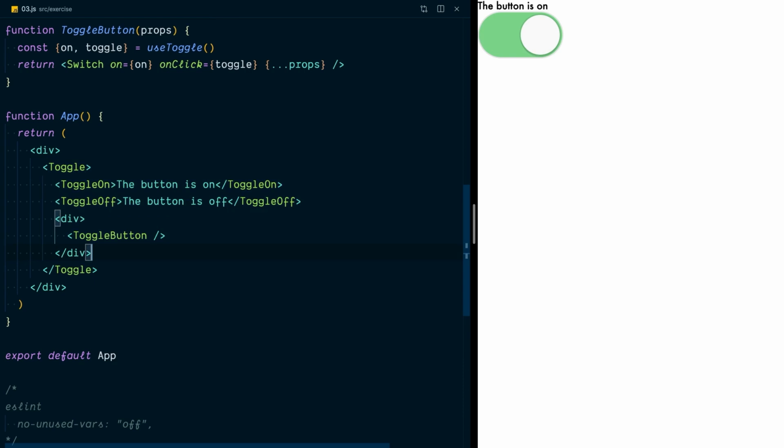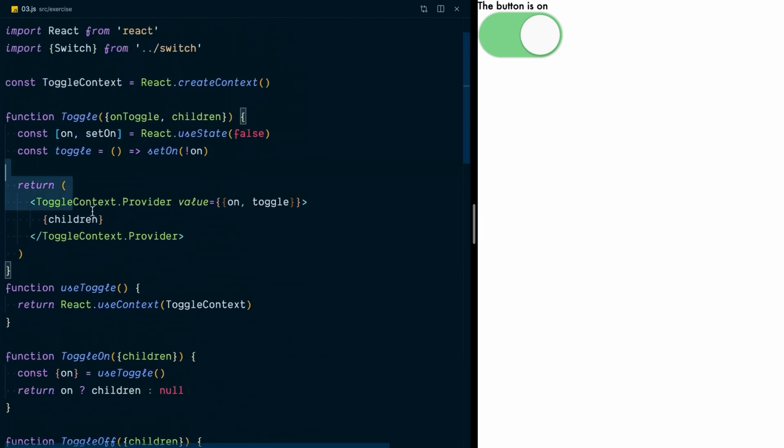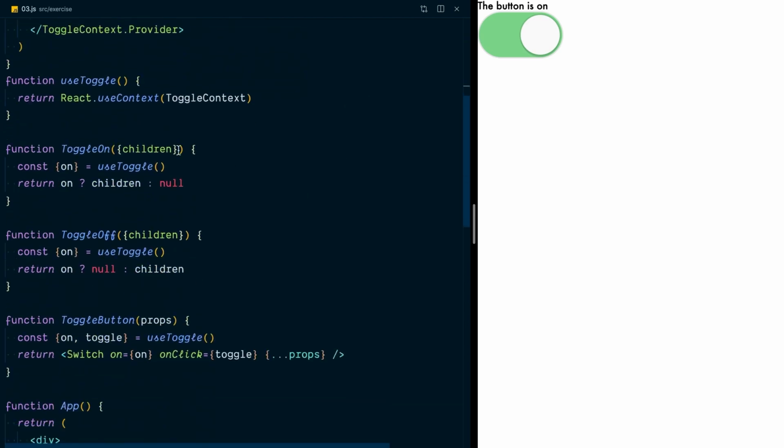So in review, what we did here was instead of returning a React.Children.map of all the children and forwarding along the props by making clones of those children, instead we created a toggle context, and then we rendered the provider with the value of those things that we wanted to provide to those children. And then in each of the children, we consumed that context here